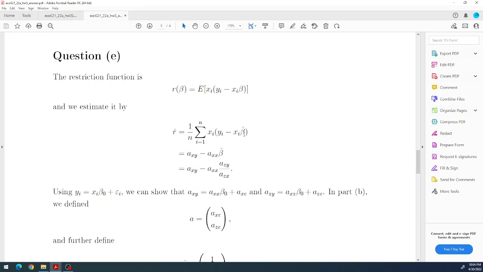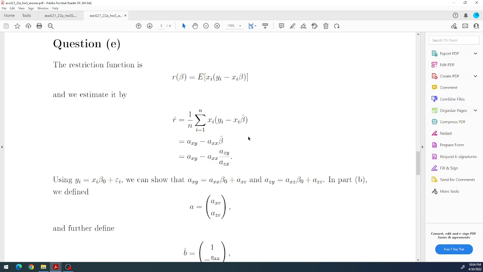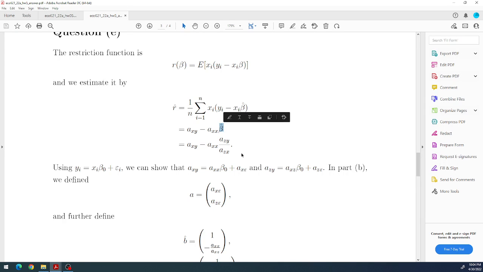And my approach here is, I'll show you my approach first. I'm going to plug in the closed form solution formula for beta hat here, and then plug in y equals x beta plus epsilon, and plug this into here and here. Then you will get,